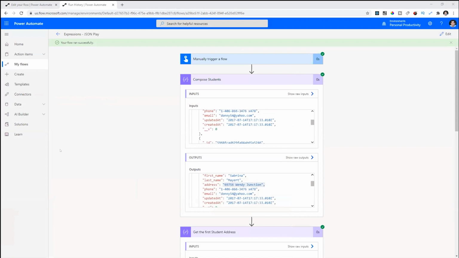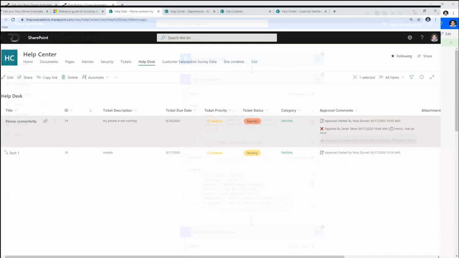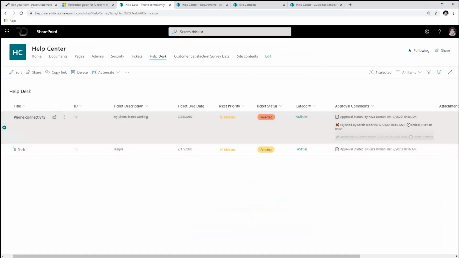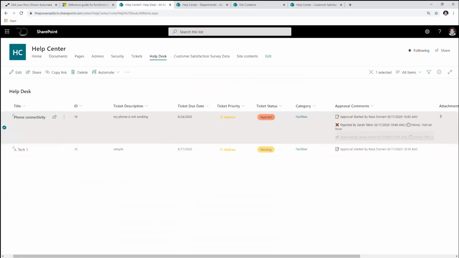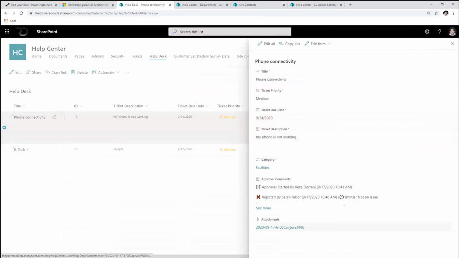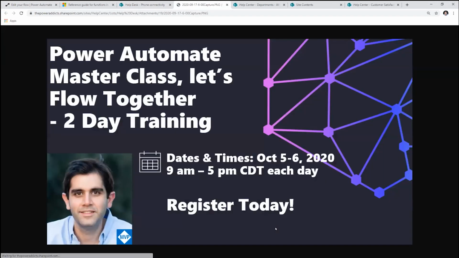Once that information comes into the system of record, this flow will trigger. So I'm waiting for the flow to trigger. And as you can see, 9 seconds ago, this flow has successfully run. If I head back to SharePoint, you see ticket number 19, there's a small change that took place. You see attachments, it shows there's an attachment now. Nice. If I select this, you see there's a file attached, and the file has a naming standard that it is following. Plus, if I click on it, I can actually look at that file.